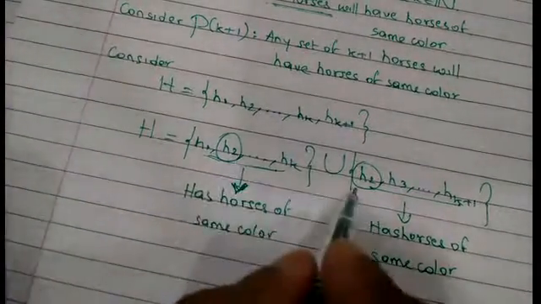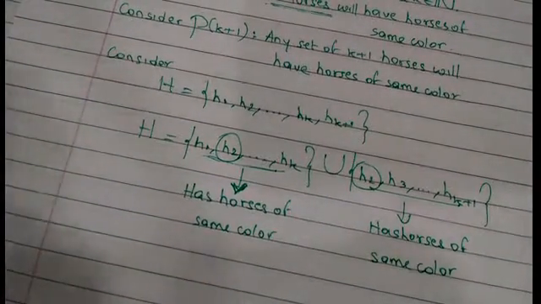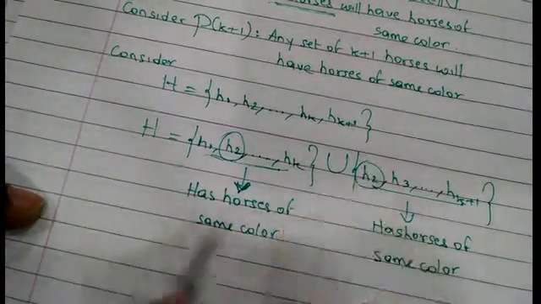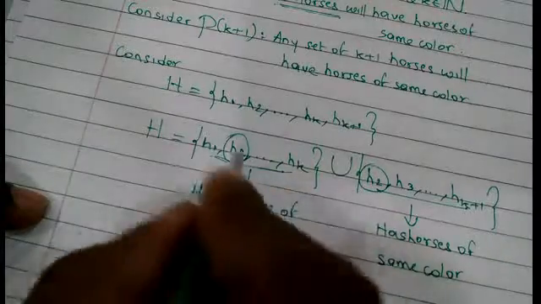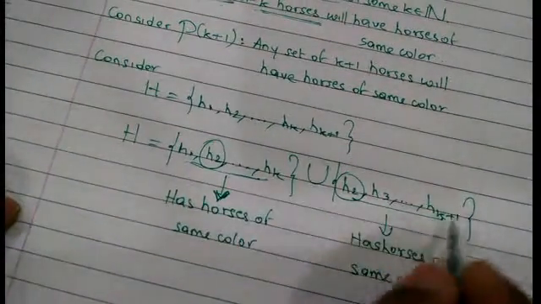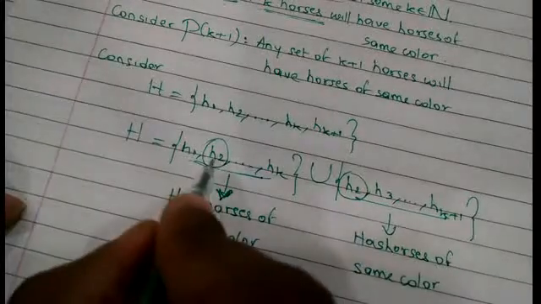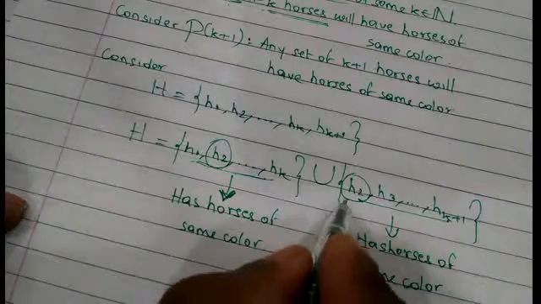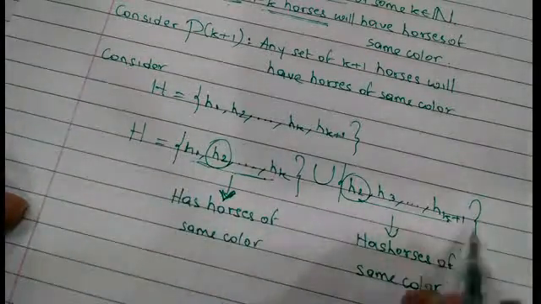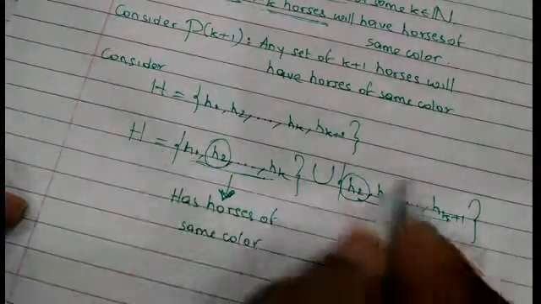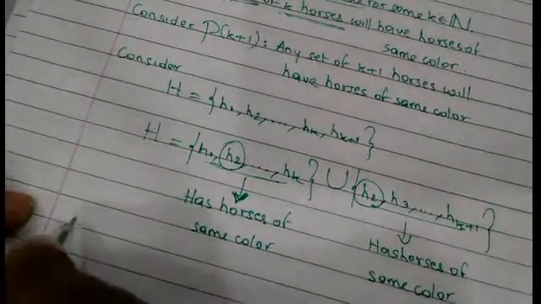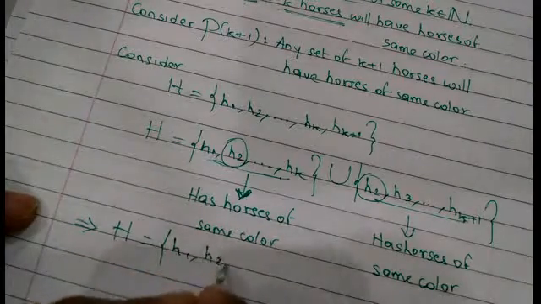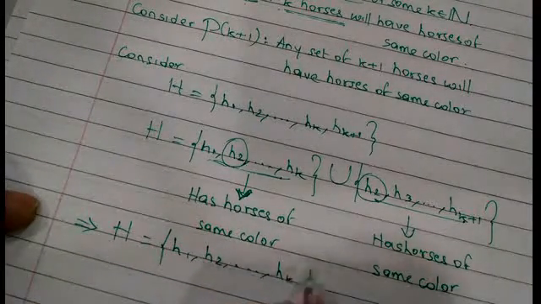For example, even H3 is common, but at least one is enough. So H2 is a common horse. Since this set has horses of same color, and even this set has horses of same color, and these two sets have one horse in common, we can now conclude that this entire set has horses of same color. So this implies H, which is the collection of H1, H2, H3, so on up to Hk and Hk plus 1,